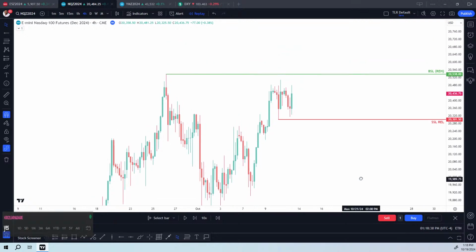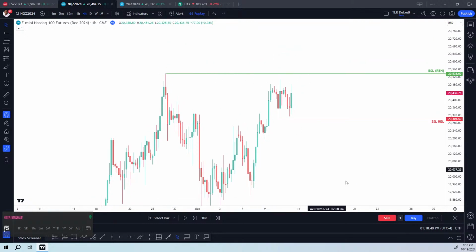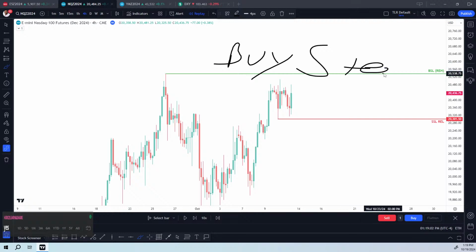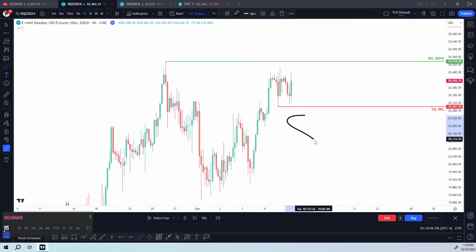So we came in, we made relative equal highs, relative equal lows. And we decided that based off of these relative equal lows and these relative equal highs, we asked the question, which one has the biggest pool of liquidity resting below it? The decision was this right here had the biggest pool of liquidity. Had more buy stops there than we had sell stops under here. And why is that? And that's because